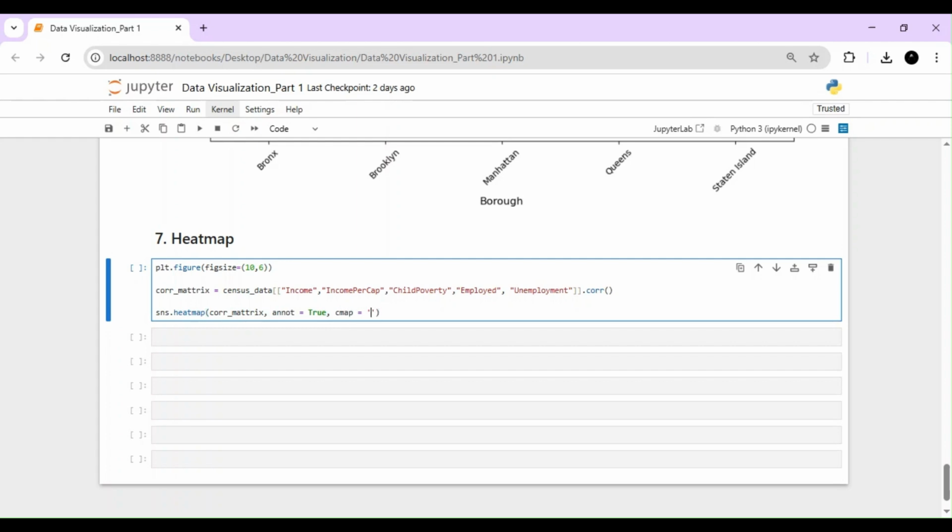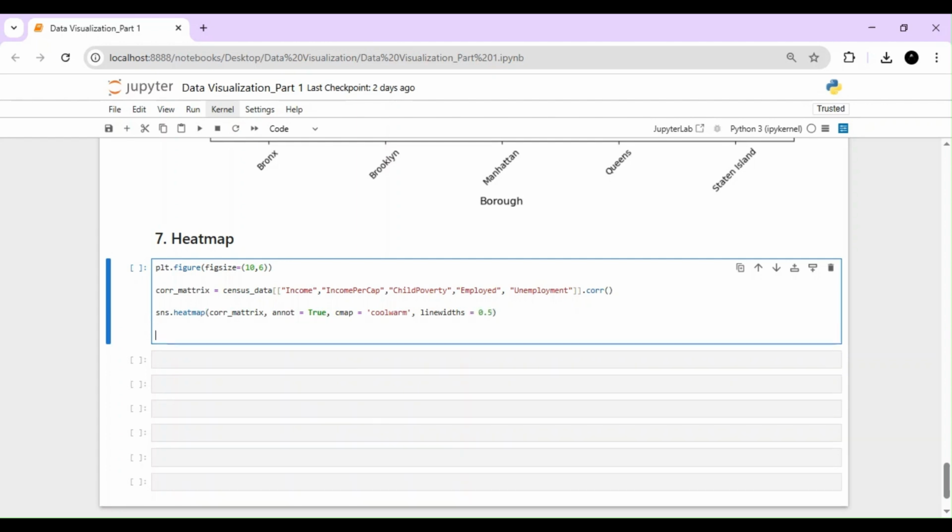And cmap equals coolwarm. This color scheme helps differentiate positive and negative correlation. And linewidth equals 0.5. It adds thin white lines between the cells and improves the readability. And then we add a descriptive title to indicate that the heat map represents